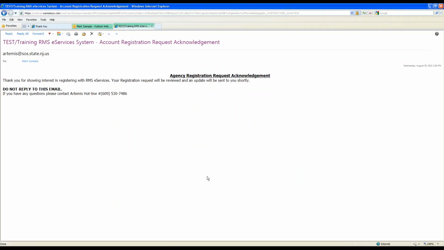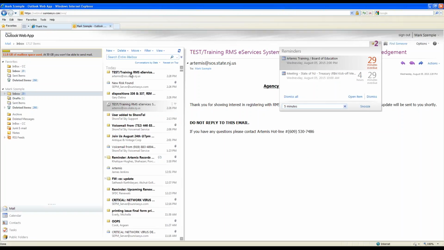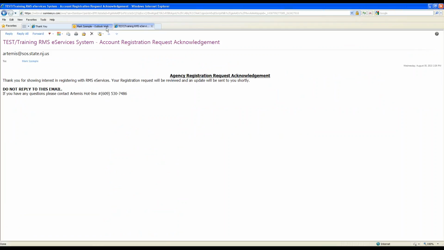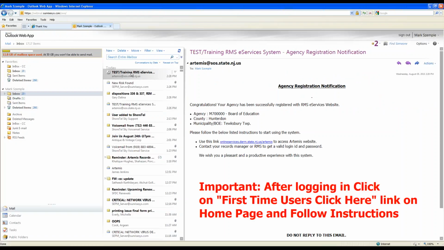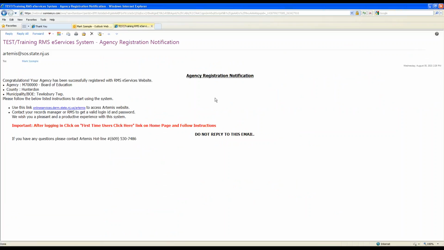So I'm actually going to approve our request real quick. I'm working on another system here to do that request. So let me quickly approve this. Once the state approves it, like I said, you will get an email back that that request has been approved. Okay, and if I close this and I go back to my email right here, oh, that was the request, sorry, wrong one. Here we go. Here's the registration acknowledgement that says that your registration has been approved, and now you're able to log into the system. So again, as soon as they approve your request, you will get an email back letting you know that that request has been approved. So just wanted to quickly show that to you.